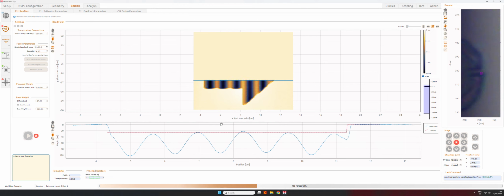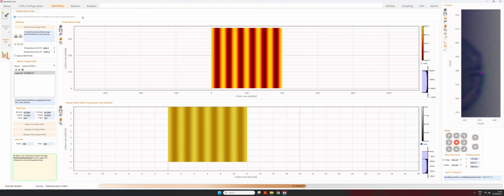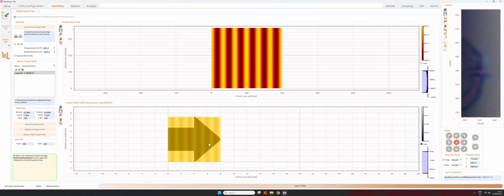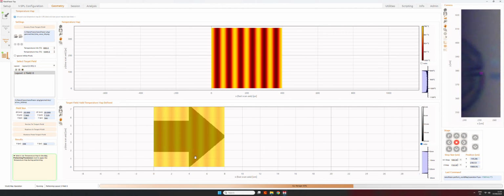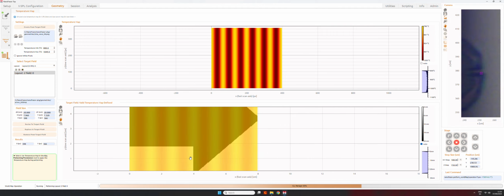So you can see that inside the arrow now we have the sine wave because we are using this temperature map. Let's see it again. So outside we also have this temperature map, but we are not really reaching the surface, so we cannot pattern.